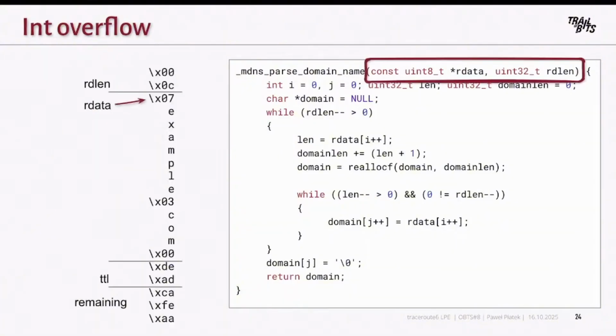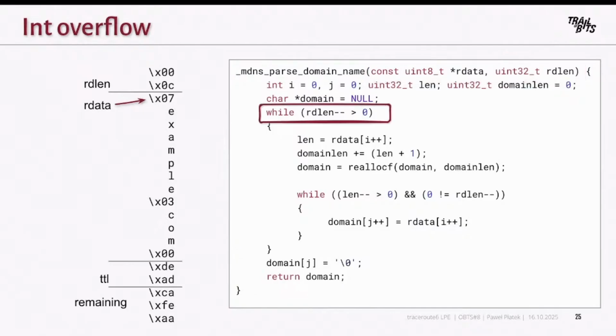Note that the RDLAN is cast to a uint 4-byte integer. On the left, you can see the input. So there's the RDLAN, the input domain, the r data pointer. There is time to live, and some garbage data, whatever we send. What that function does is it iterates over all the data,